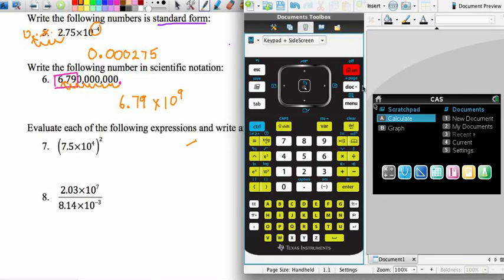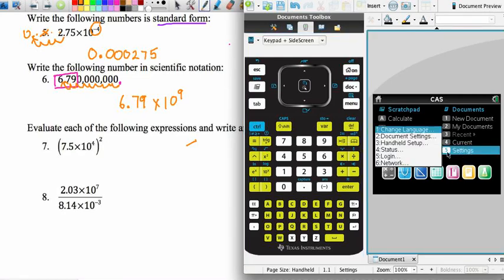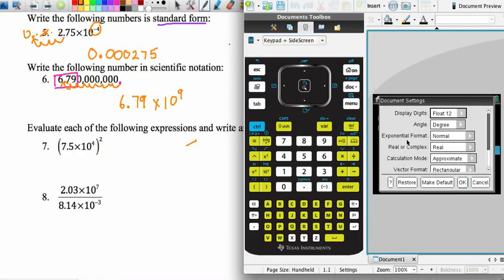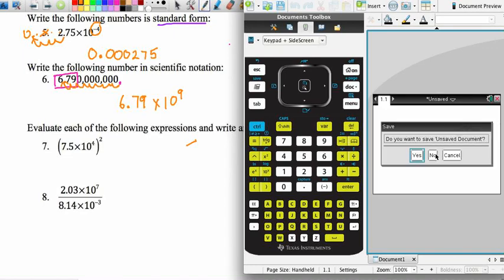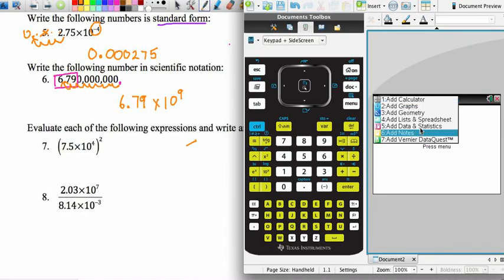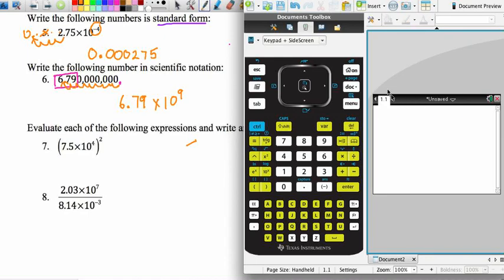I'm going to go to the home screen. I'm interested in settings, document settings, and what I want to do is go to the third one there where it says exponential format. I want to select scientific, and then I want to make that the default. Then I'm going to create a new document, select calculator, and go ahead and type these in. The other reminder, of course, is this double E button is the one that gives you